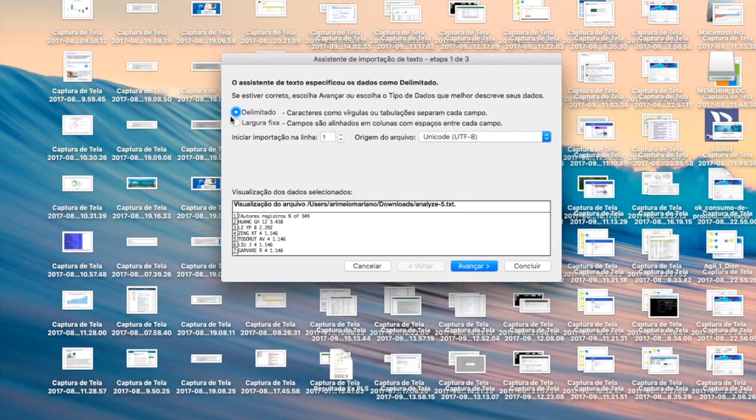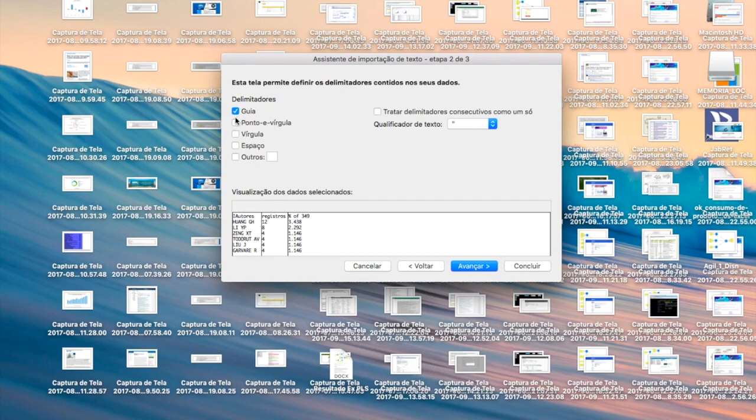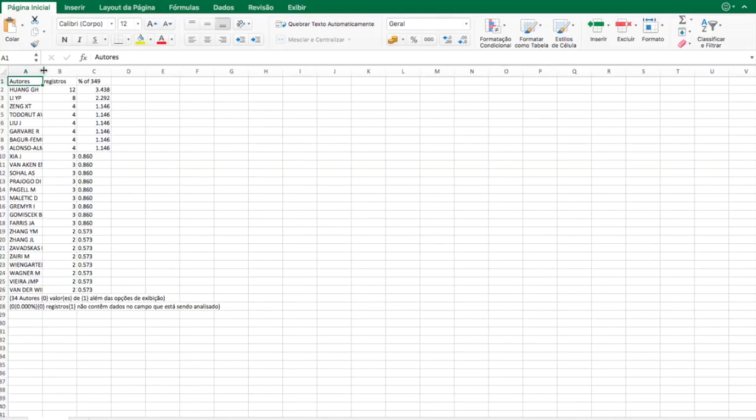So the screen will pop up, delimited and fixed. Always leave it in delimited, advance, then choose semicolon. If you want, you can also set the format to standard, since we are going to need it for the keywords.